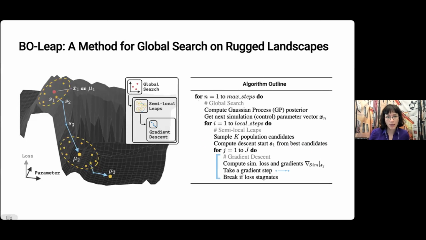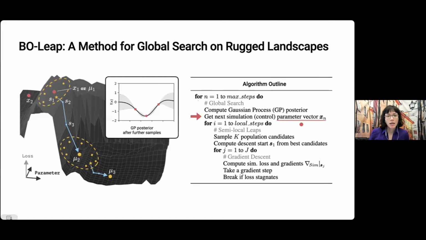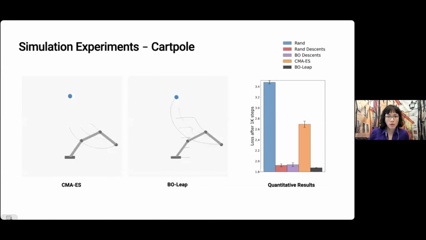From this, we again compute the start for the descent from the updated mean obtained from the best candidates, and then we run another gradient descent and so on. And then in the outer loop, we update the Gaussian process posterior so that it tells us where to sample next globally on the landscape, and hence we can start a new leap by sequencing the next set of semi-local and gradient-based optimization. So that's overall the gist of the algorithm.